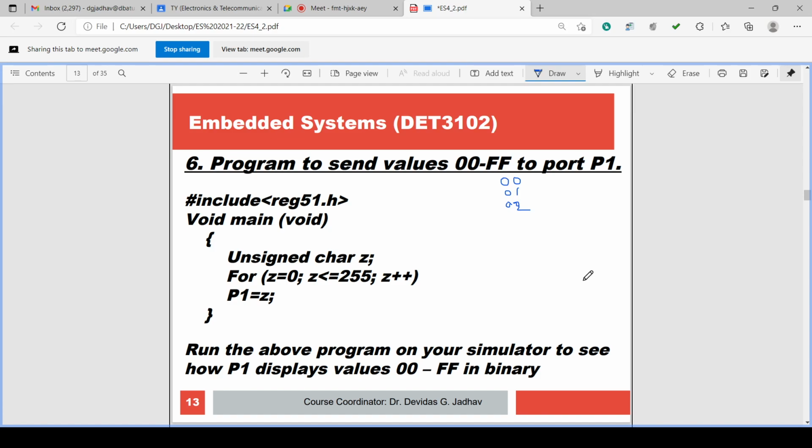So this is the program to send values 00 to FF to port P1, and we have seen what will happen if this logic is executed.